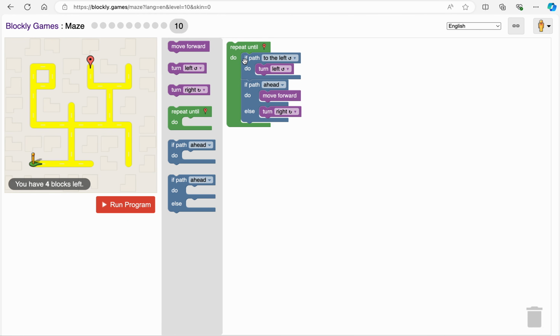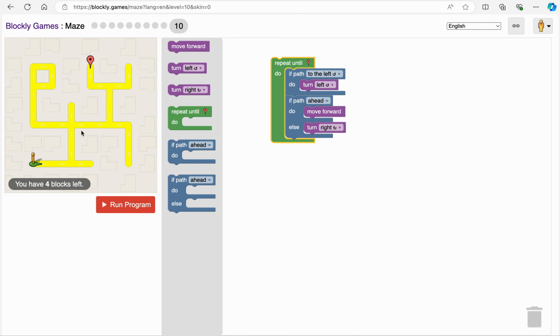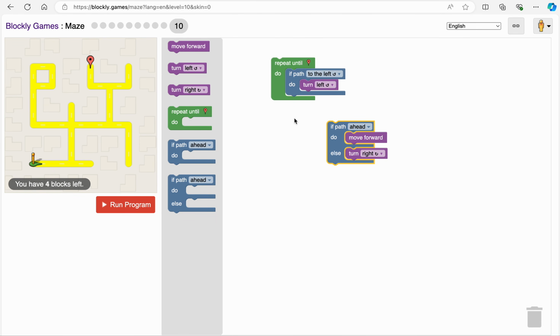All right, the final one. Okay, they give you a clue. I think it says make sure you're going to the left-hand side, and that should be your clue as well. What's tricky about this is that we have two separate selections or choices. And the first one we're gonna have is if there's a path to the left, we always wanna take it